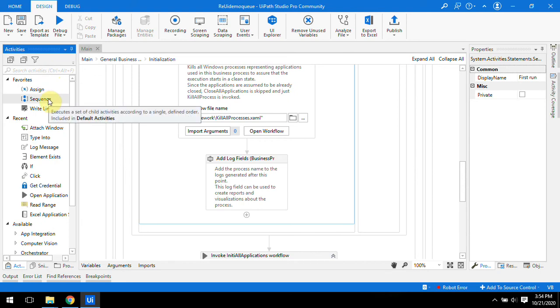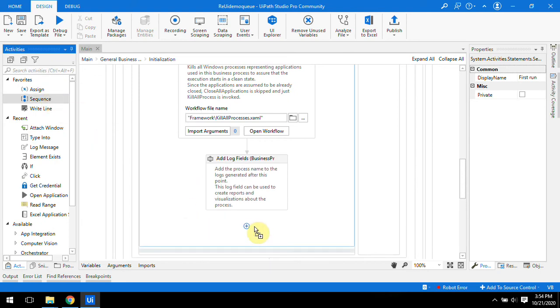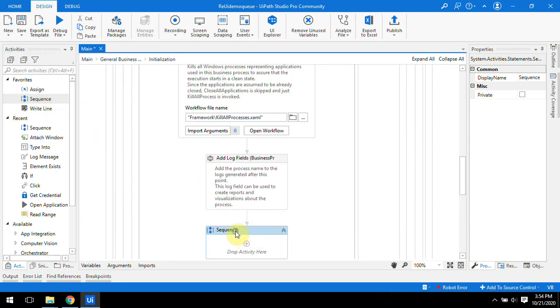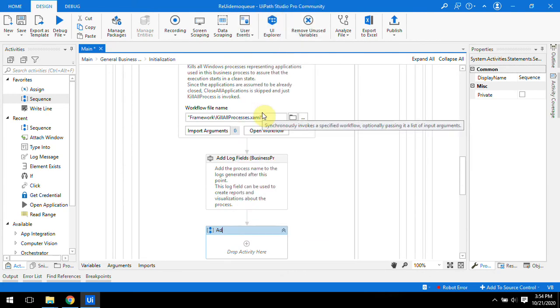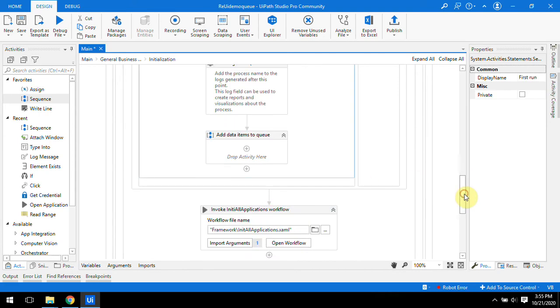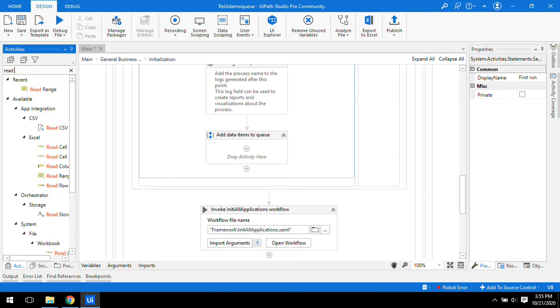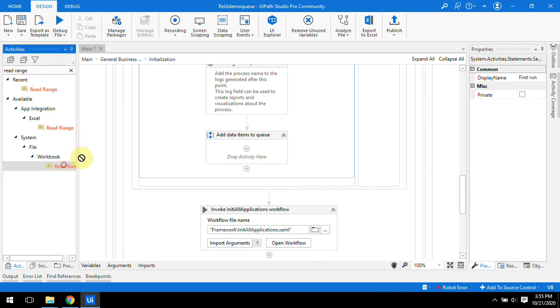So take one sequence, and give the name as add data items to the queue. So we have to add data items to the queue. Firstly we need to read. We take a read range activity.